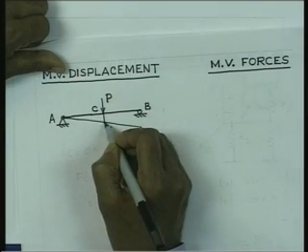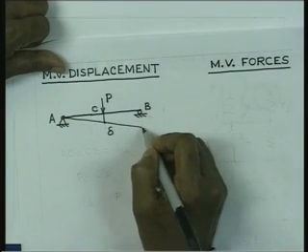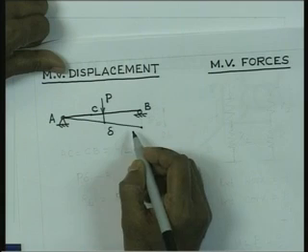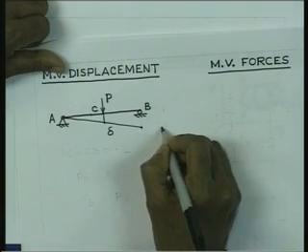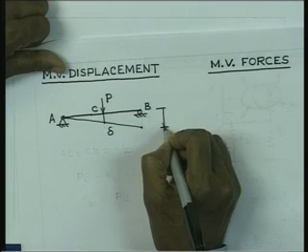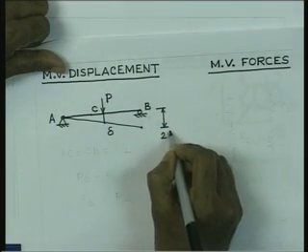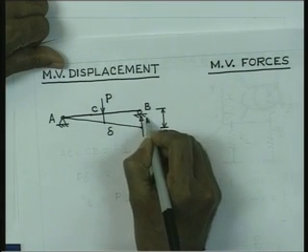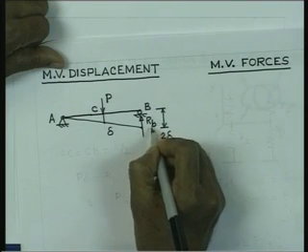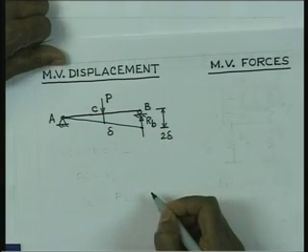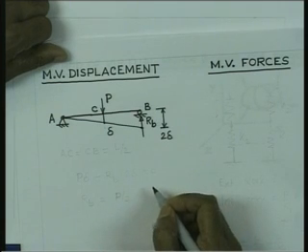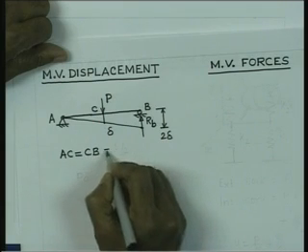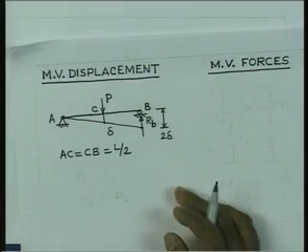So, if this point displaces by delta, then this point B is also going to displace by some amount, keeping the geometry straight. Therefore, the displacement here is going to be 2 times delta at the other end, and therefore, we have the reaction force RB that is going to move over a distance of 2 delta. And if we assume that AC is equal to CB is equal to L by 2,